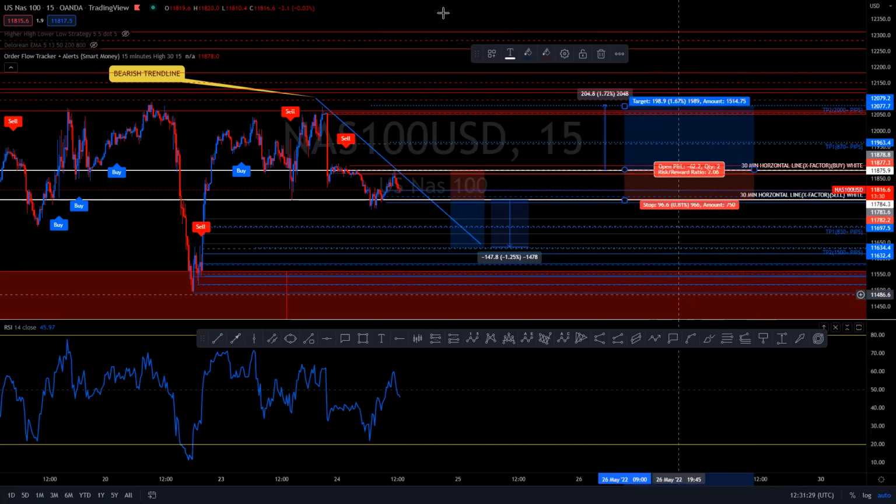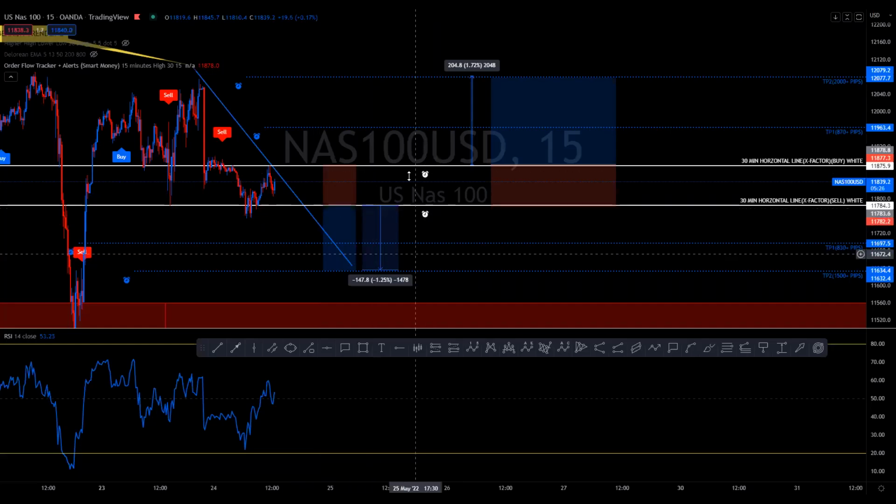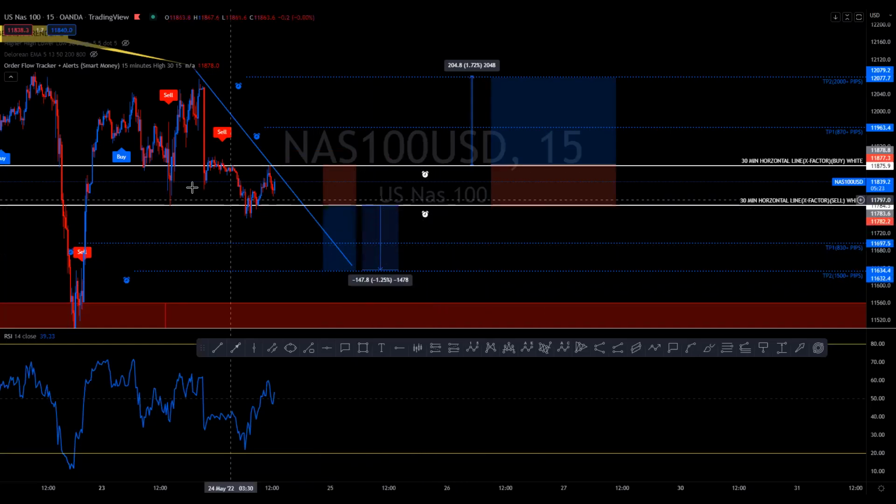And then what I'm going to do next is I'm going to go ahead and set my alarms for my take profit zones. And then we're going to go on to the next step. Be right back. All right, so I went ahead and set my alarm for my take profit zones and my break and retest zones. So the very next thing we're going to do is